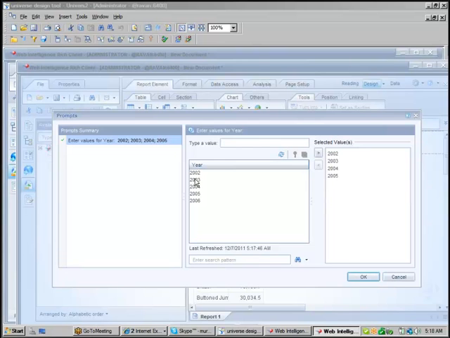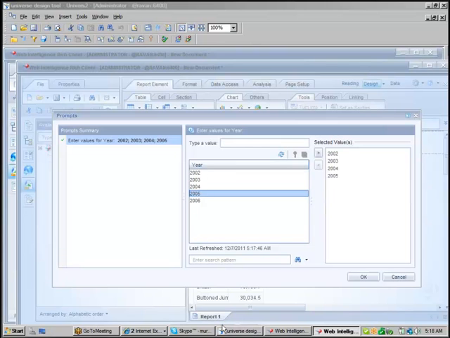Or sometimes they will ask us to display only one value in this list, not all values. That means you are going to restrict a report for the customer to only one value. Whenever the user clicks on refresh on the report, you need to give them a chance to select only 2006, not all years. That means you need to hide 2002, 2003, 2004, 2005 in the list of values.